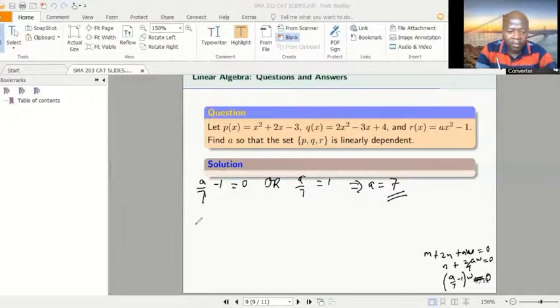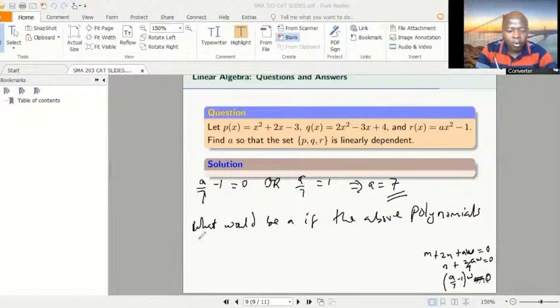Somebody will have asked, what would be A if the above polynomials were to be linearly independent? So if they were to be linearly independent, then it means